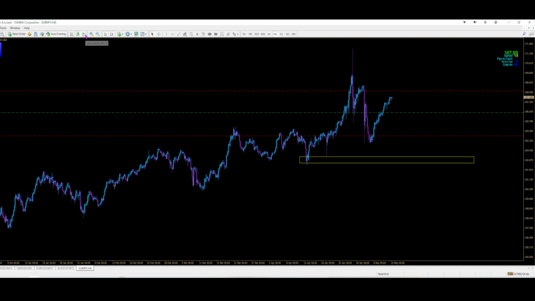Just to squeeze out a couple more pips, especially with, again, you have to deal with spreads in Forex that you don't really have to deal with in futures. And that alone, especially during a low liquidity time, the spreads widen and you won't get filled. You won't get filled, and the price will hit your level. It'll go right to your take profit and it'll turn and go back the other way. And you'll open your chart and you'll see that the candle wicked out right at your level and you didn't get filled. And it's not your broker screwing with you.